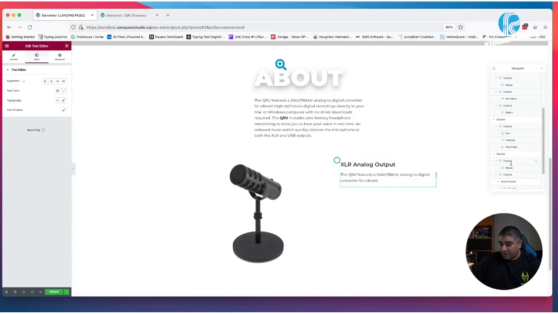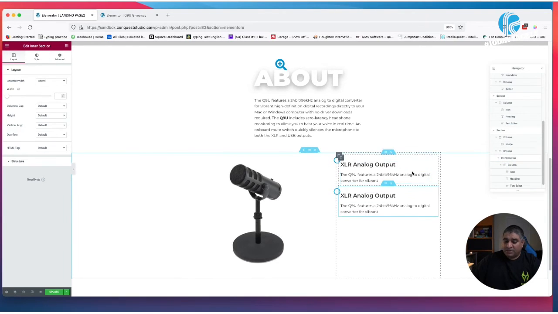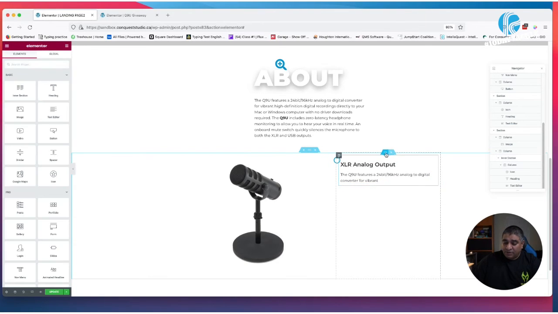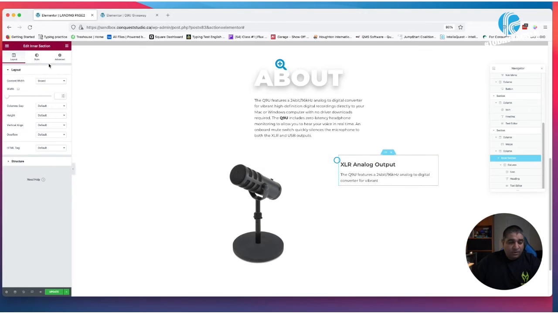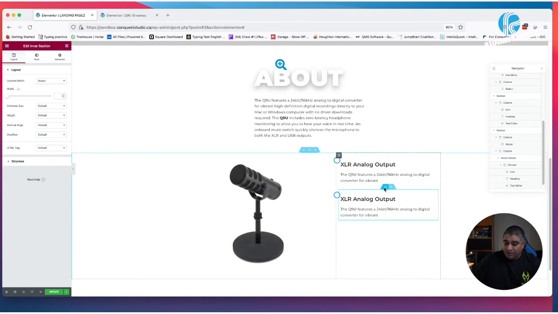So when we click on a section here, it scrolls down to it, and we know that we're inside this inner section. So if I now highlight that and then duplicate, it will just duplicate this section, right? But I need to put a little bit of margin to this section first before we duplicate it at the bottom. So I'm just going to put another 15 pixels and then duplicate this,